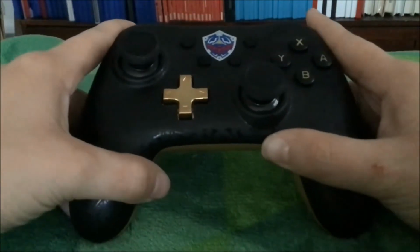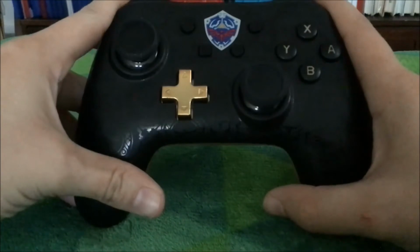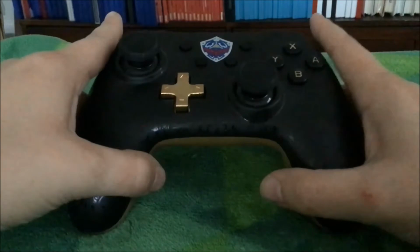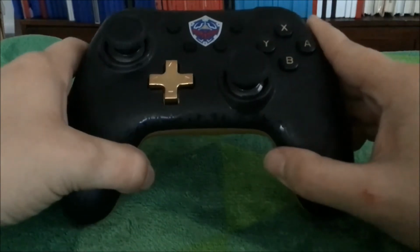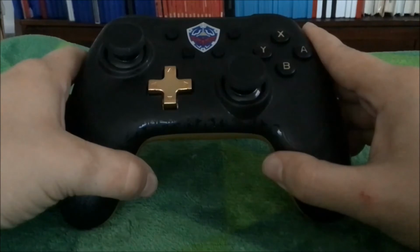So if you're looking for a cost-effective manner of procuring controllers for multiplayer, and you don't feel like shelling out the extra cash for multiple Pro controllers, then I would look into some PowerA controllers, because these little controllers are just awesome. I've been using this one over the past year for Super Smash Bros,